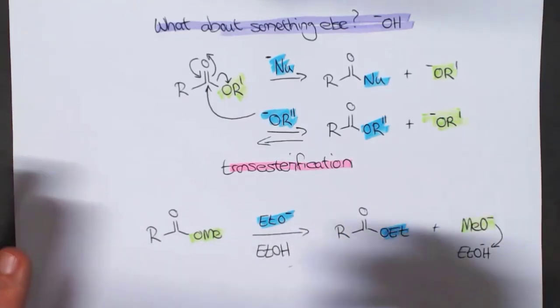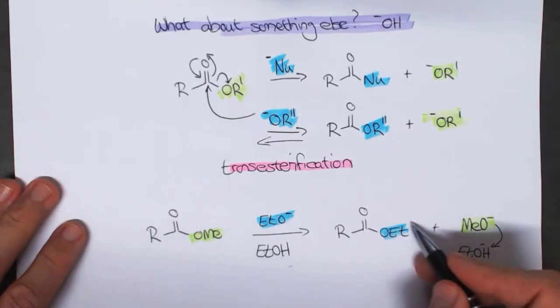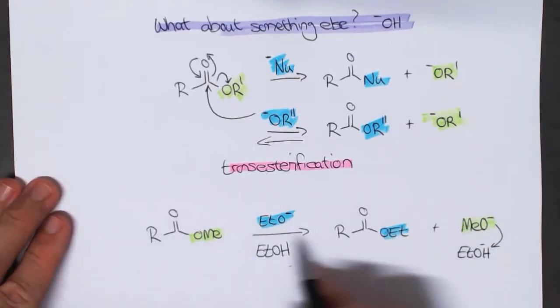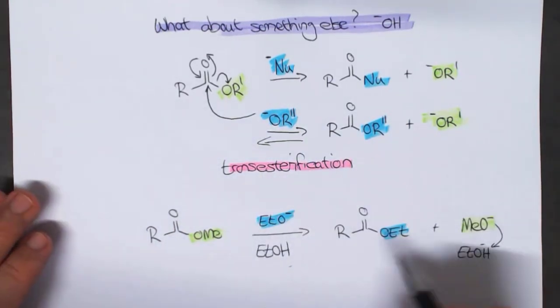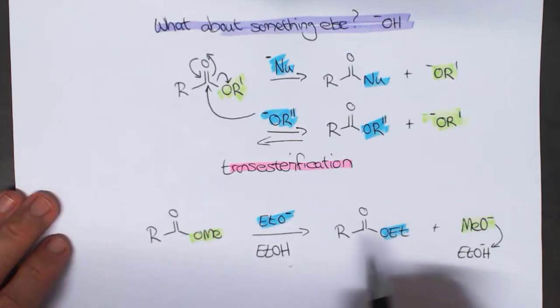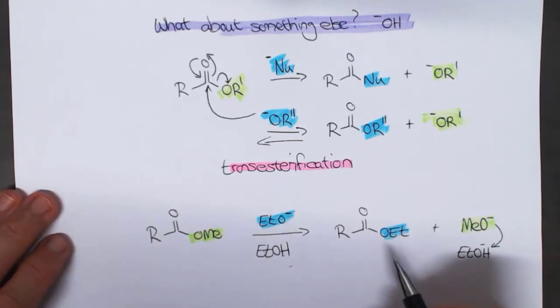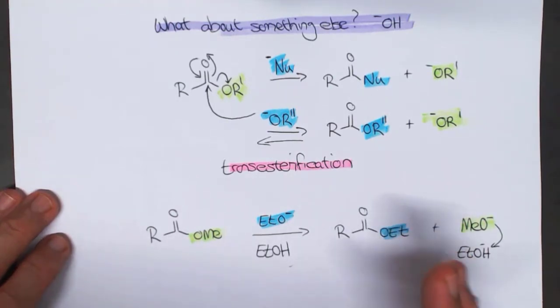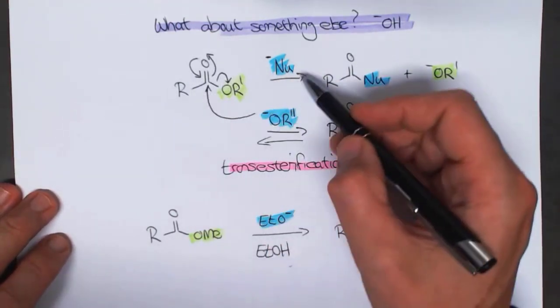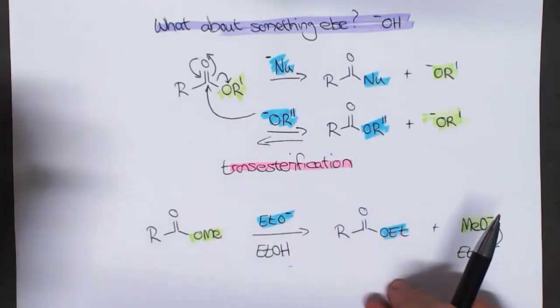And essentially, we've effectively got a whole lot more ethoxide present. And so this transesterification reaction will work. It's not a particularly useful reaction. In some cases, there are places where people do need to do this, but this is the type of thing that tends to happen. There is a more important reaction that occurs on esters where we use a beta nucleophile, and